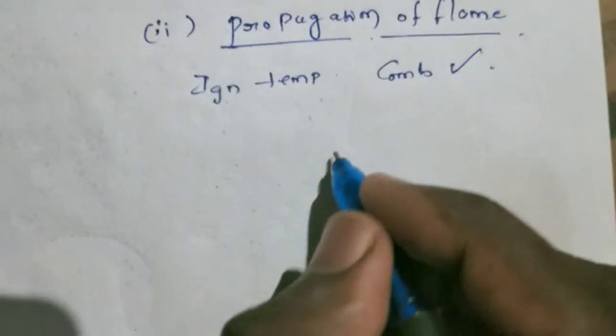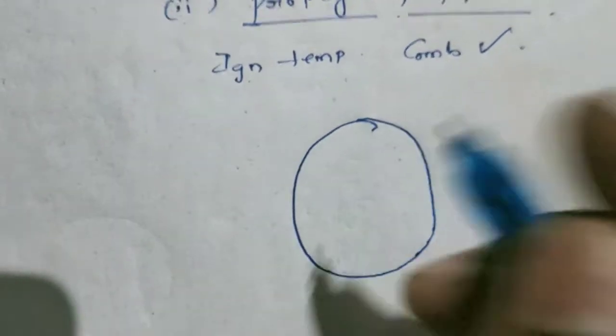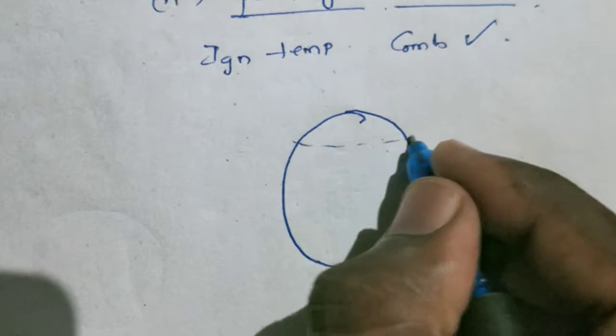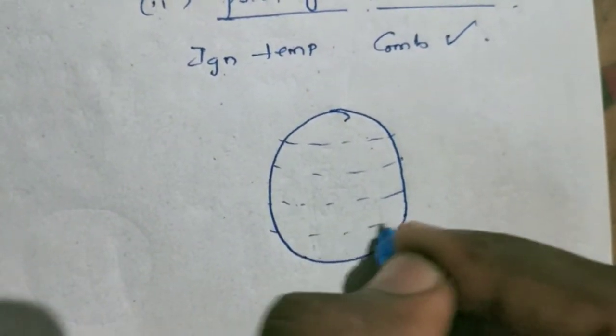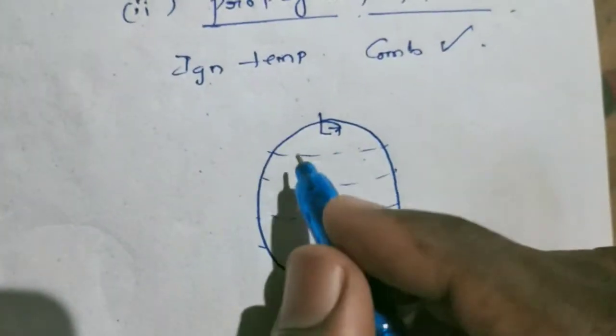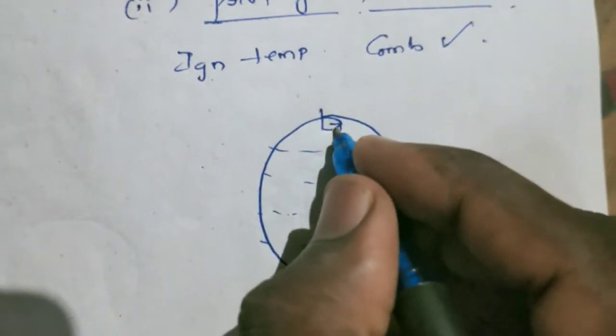For this, I will take a space, which is what is happening inside the cylinder. I divided it into layers, and I have taken a spark plug. This is the fuel, compressed fuel. Whenever the spark ignites